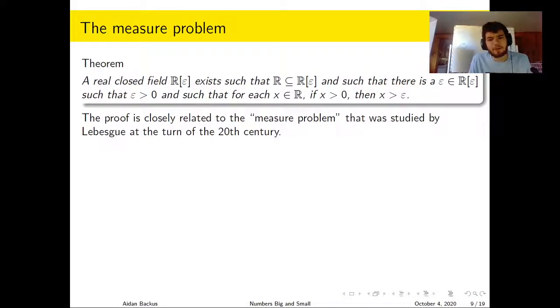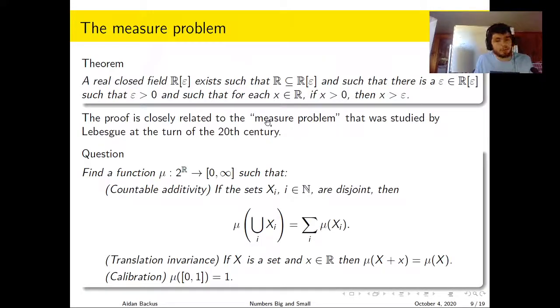It turns out this is very closely related to an important problem that was studied by Henri Lebesgue around the 1890s, early 1900s, which is called the measure problem. What is the measure problem? It asks us to compute the length of an arbitrary subset of the real numbers. The real numbers form a line, and given some subset of the real numbers, we would like to know what its length is. And naively, what you would like to do is just take the function that is 1 on that set and 0 everywhere else and compute its Riemann integral.